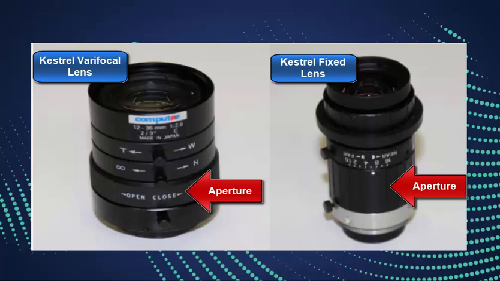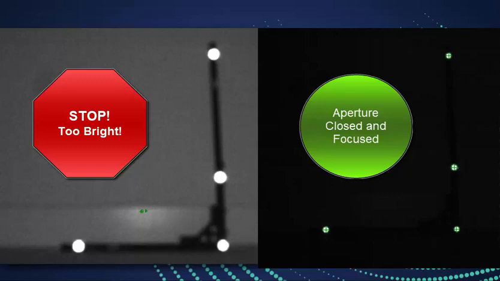Displaying our Kestrel cameras here, one feature that is common to all of our camera series is the aperture ring, denoted with an open or closed or the big dial here within our fixed focal length lenses for the Kestrels. This ring allows light into the camera body to either see the volume better or to eliminate extra light within